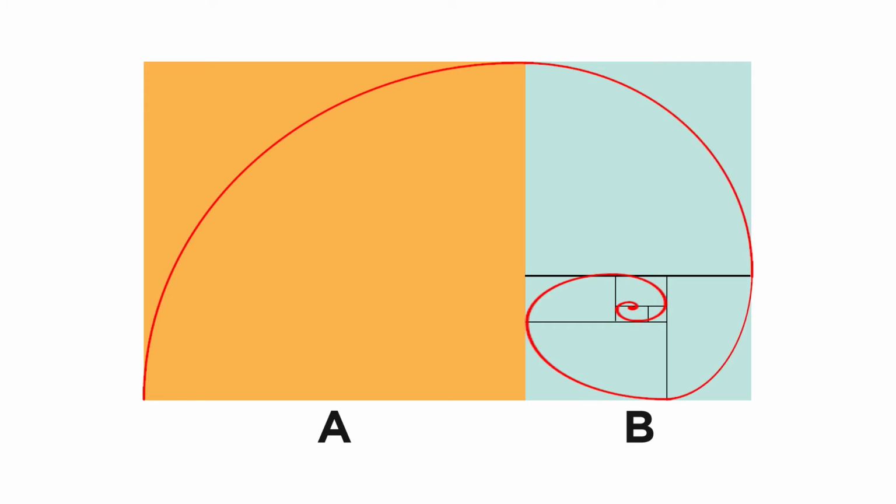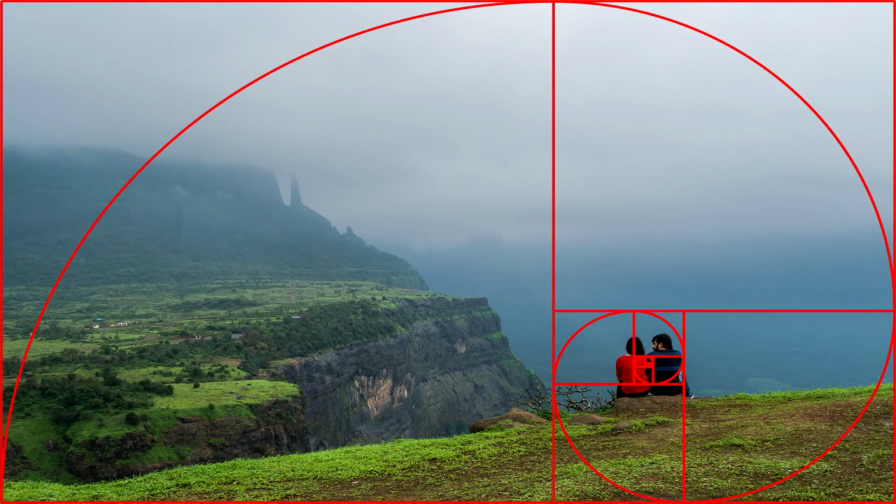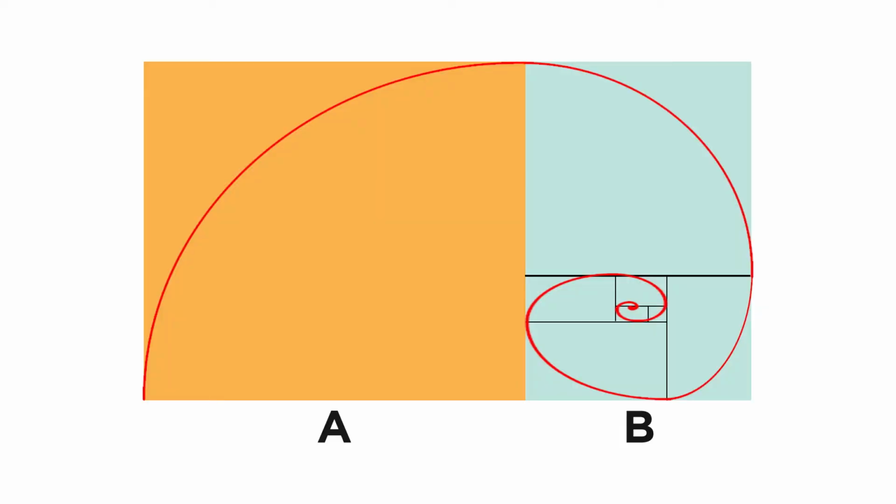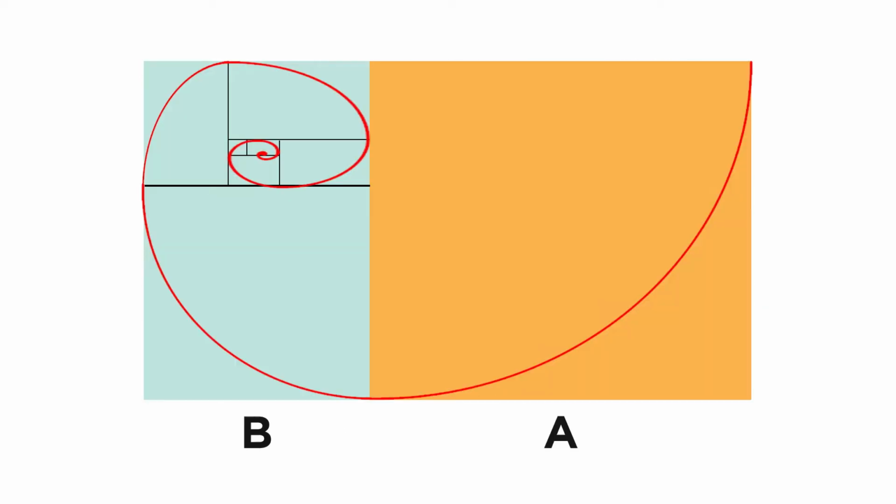And now start drawing a curve beginning at the lower corner to the left. Lead the curve through the opposing corner up to the right. Keep drawing until it has gone through the two opposing corners of each rectangle, and you will have this, a spiral. A pattern that we always find in nature in the form of shells, waves. It makes sure my eyes go directly to the object of interest and follow its natural expansion within the frame. The spiral can be towards any of the four corners.